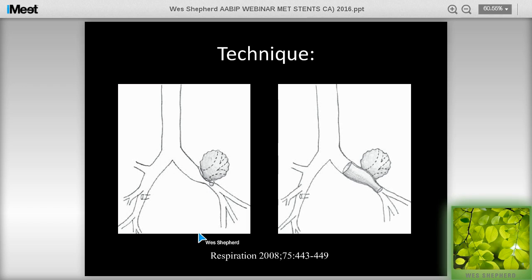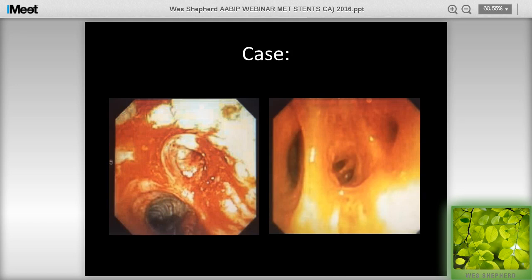This is an older schematic, but it just represents the concept of jailing a lobar bronchus. Now, this particular illustration is on the left side, and this is a tumor that's encased the left upper lobe and segmental branches. And so when the stent was illustrated here, you can see the stent is beginning in the left lower lobe and, of course, covering over the left upper lobe, effectively jailing or covering an airway that was already completely closed off by a tumor with no hope of restoration. Now, this particular example happens to be on the left side. We see this much more commonly and most commonly in the right upper lobe, as in the case that we're